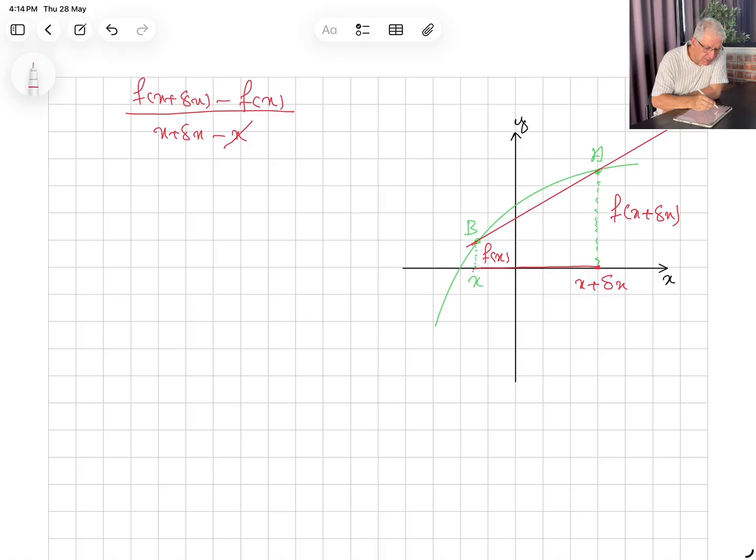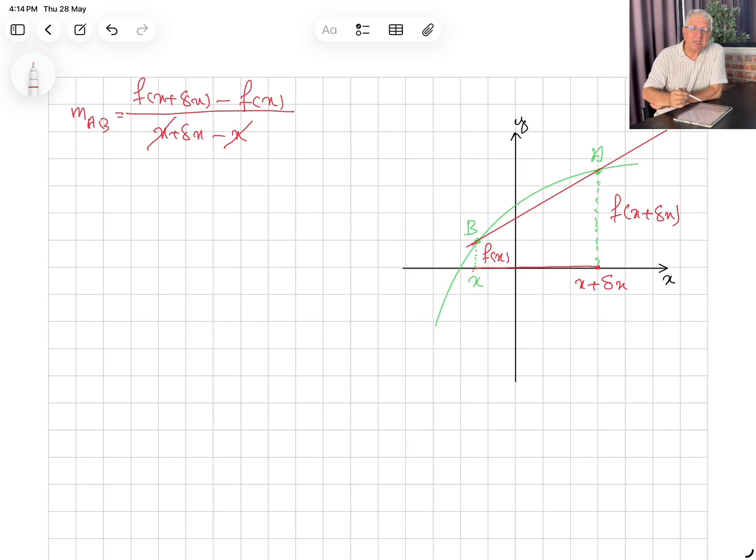I can cancel x. So this is m of AB. Therefore, m of AB is equal to f of x plus delta x, that is y2, minus y1, which is f of x, divided by x2, which is x plus delta x, minus x. So this ratio will give you the gradient